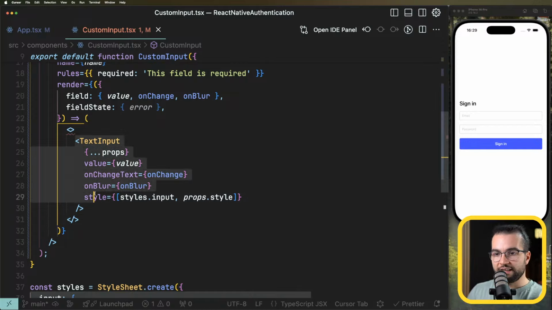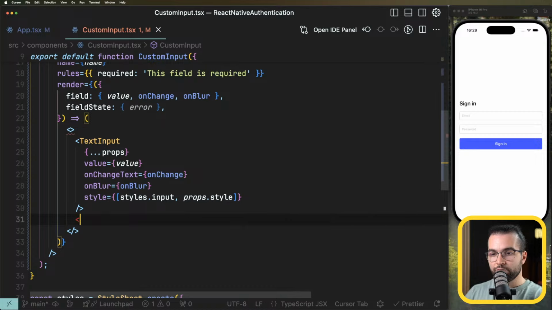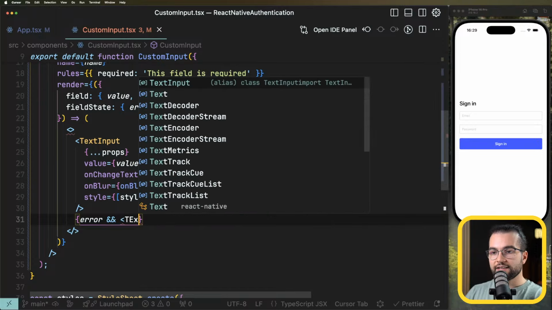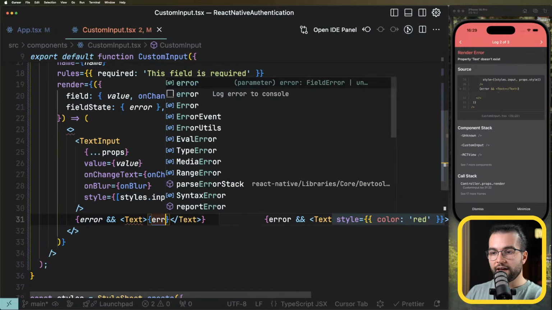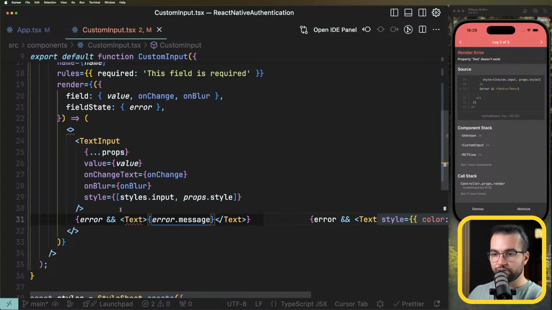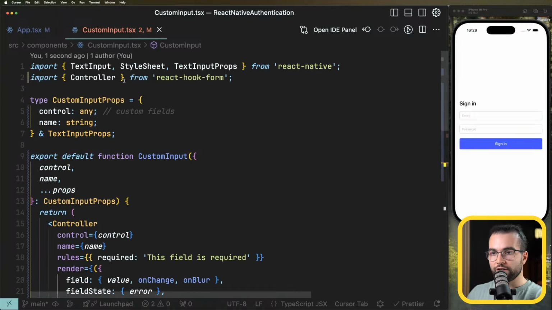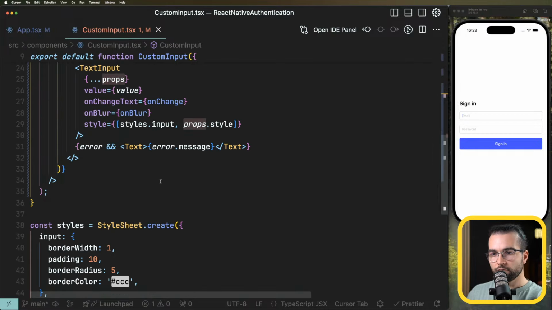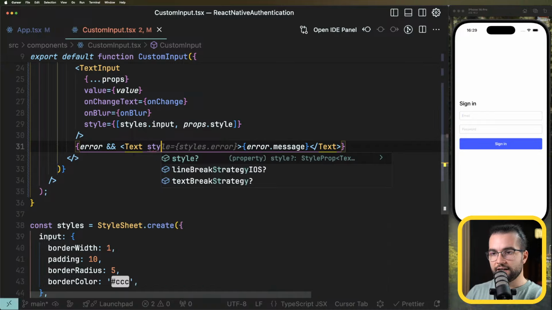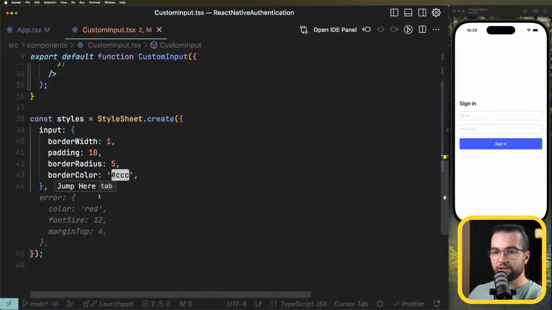One of them is going to be text input, but below the text input, I will say, hey, if there is an error, I will render a text component that will show the error.message. I'll make sure to import text from React Native, and I'll give it a styles error,